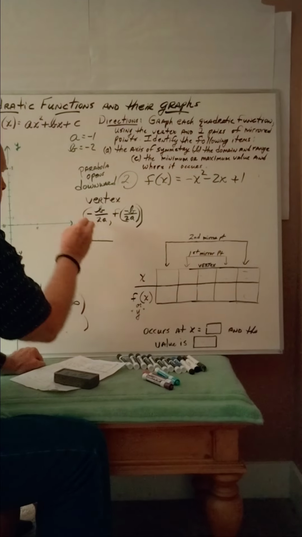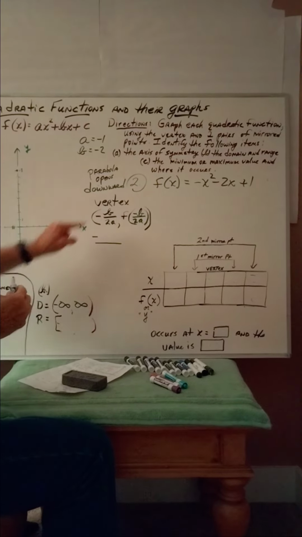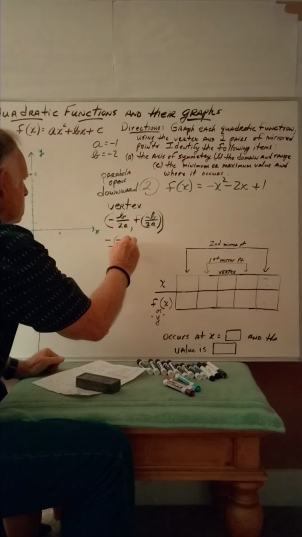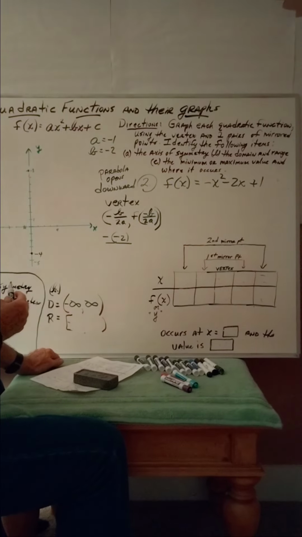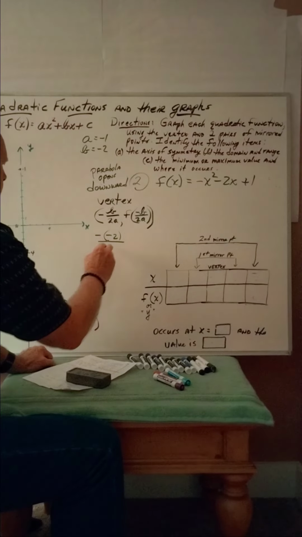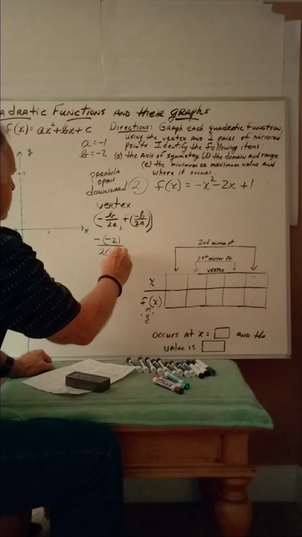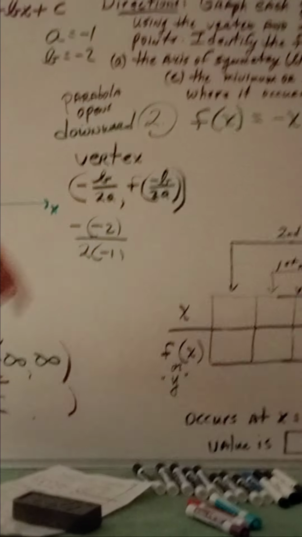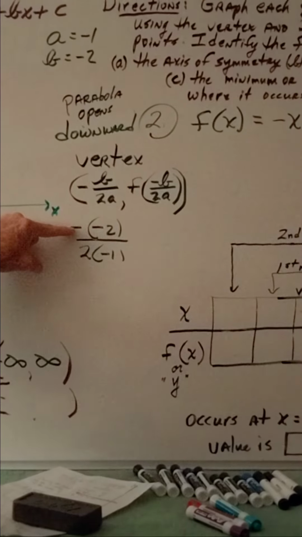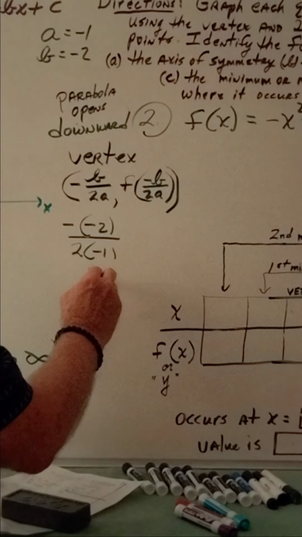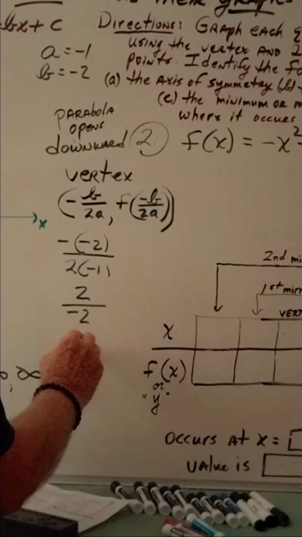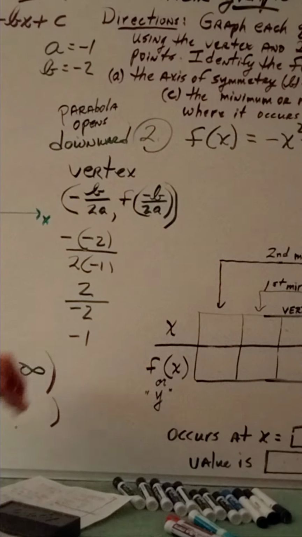I'm going to bring down that opposite sign, and in place of b, negative 2, written over 2 times a, or 2 times negative 1. Well, the opposite of negative 2 is 2, or a negative times a negative is a positive. So we'll have 2 over negative 2,